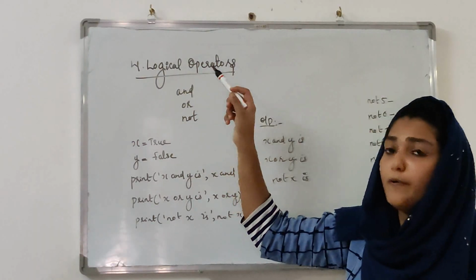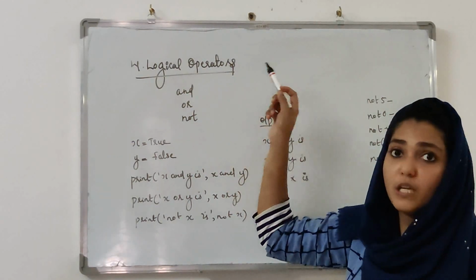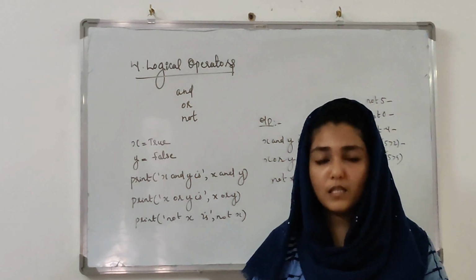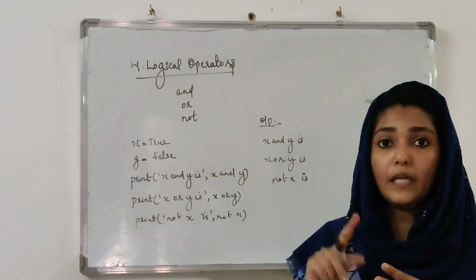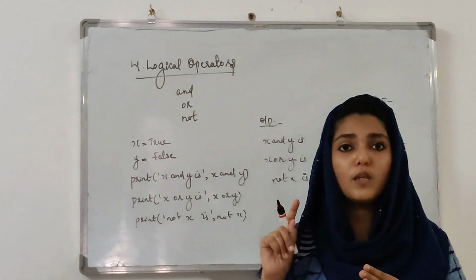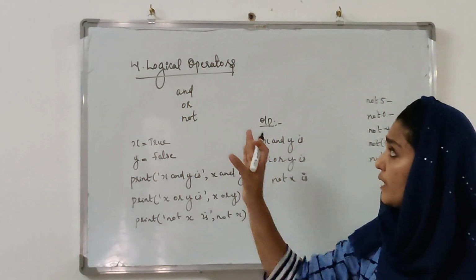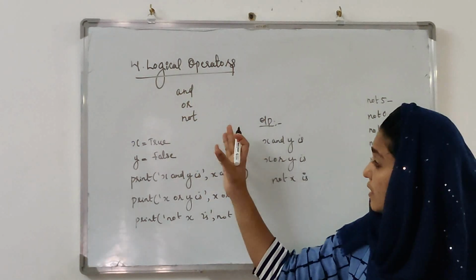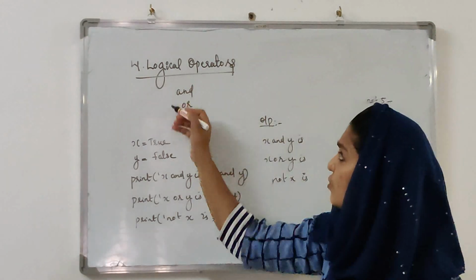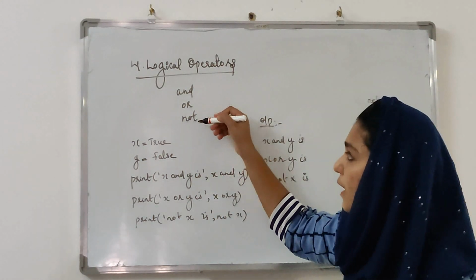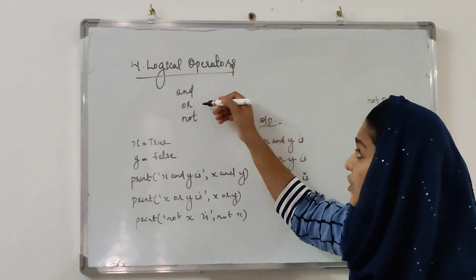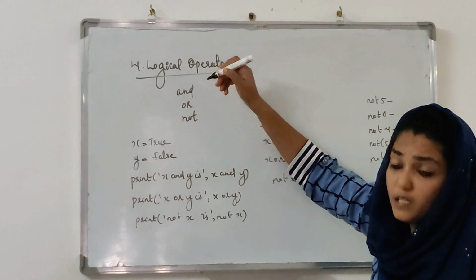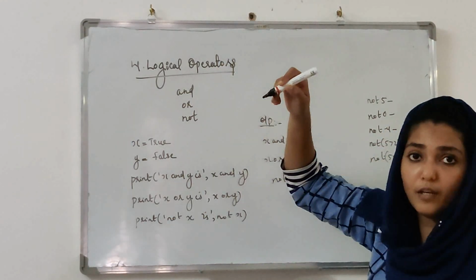The fourth type of binary operator is the logical operators. Then what are the relational operators? Less than or equal to, greater than or equal to, and not equal to. Now we are looking on to our logical operators. We already discussed it in our second chapter. What are the three logical operators? And, or, and not. So these are the three logical operators supported by our Python. What are they? Logical and, logical or, and logical not.